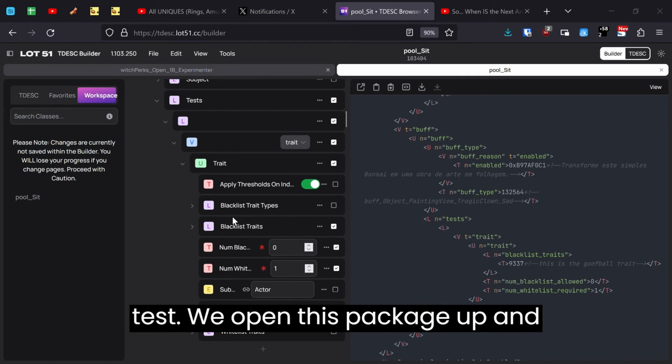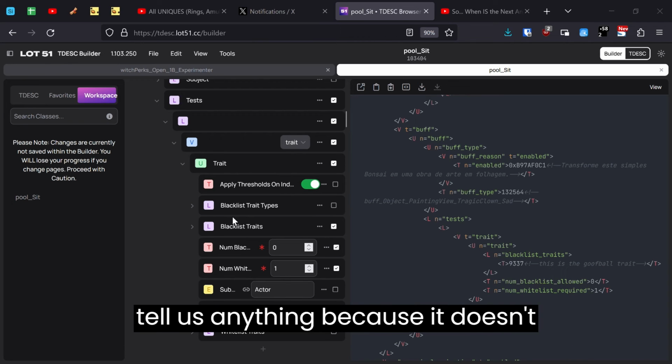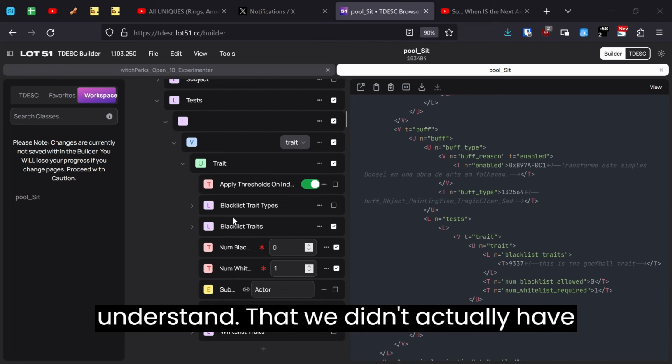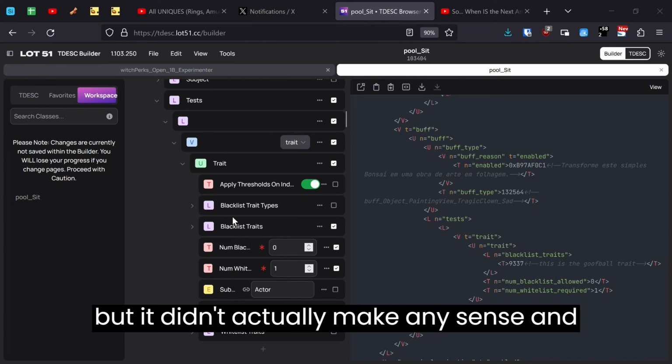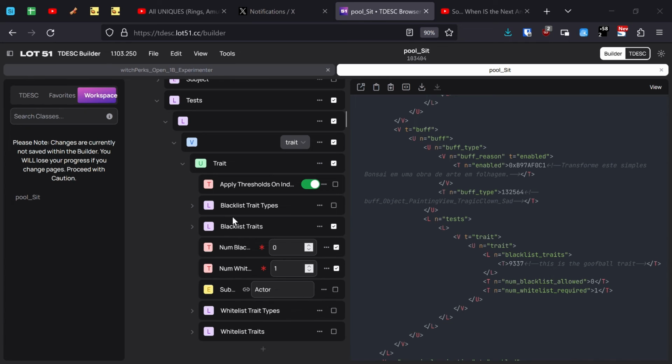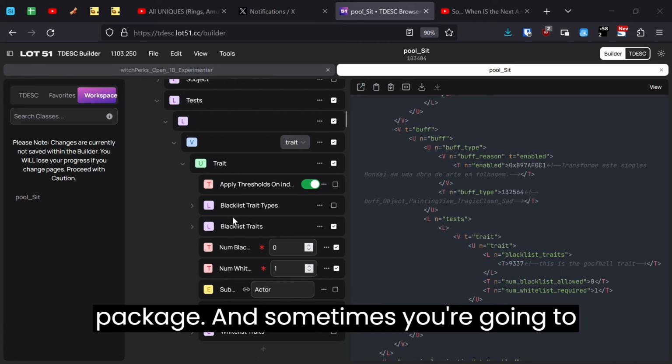which means that the sim needs a whitelisted trait to pass the test. We opened this package up in the Sims 4 package viewer and it didn't tell us anything because it doesn't understand that we didn't actually have a whitelist. The tuning is readable, but it didn't actually make any sense, and it broke itself. So you cannot rely on the package viewer to tell you everything wrong with the package,